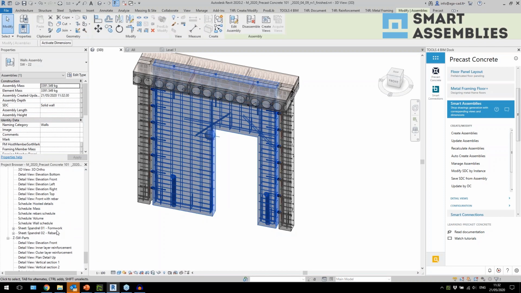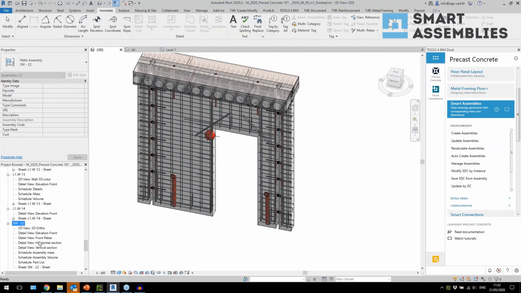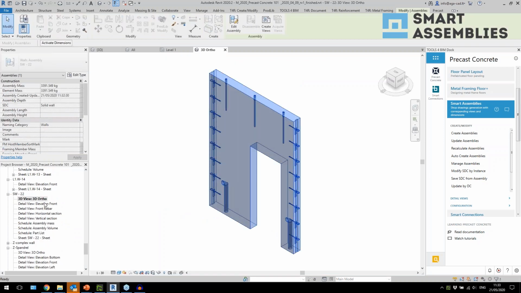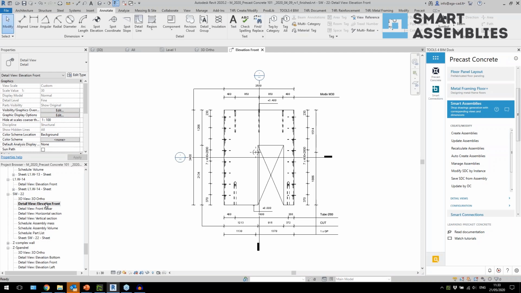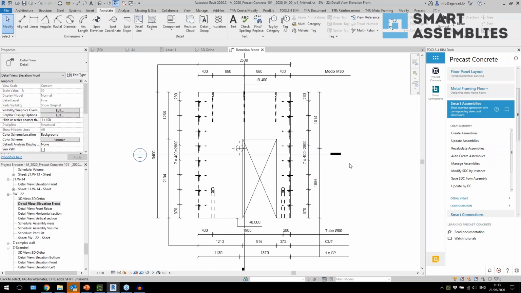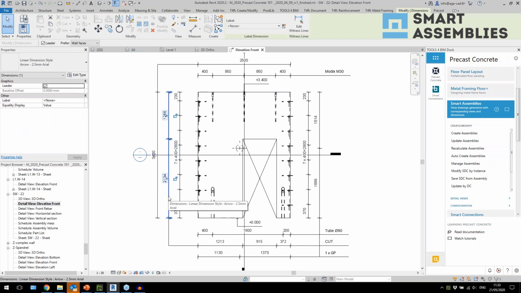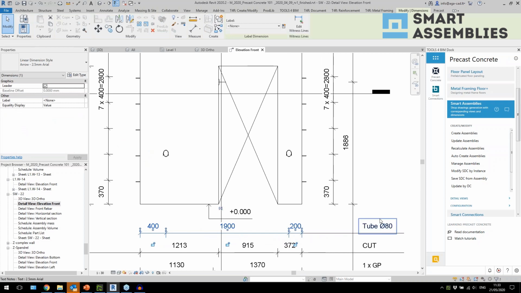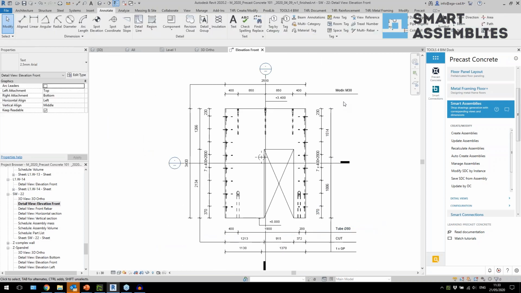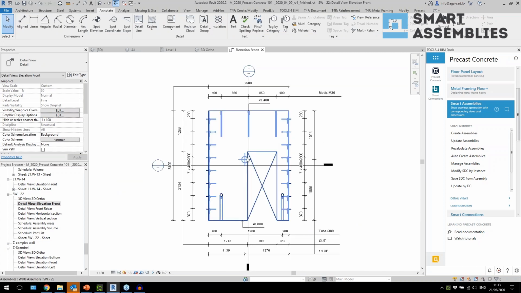I will go down and find this assembly in my project browser. So it created 3D view for me without reinforcement because I have used some visibility settings. Then I have front view, and I have here spot elevation at the top and bottom. Then I have dimension lines for the elements, and I have informational note, the name of the element over here, and I have gravity point, and I have location of sections,